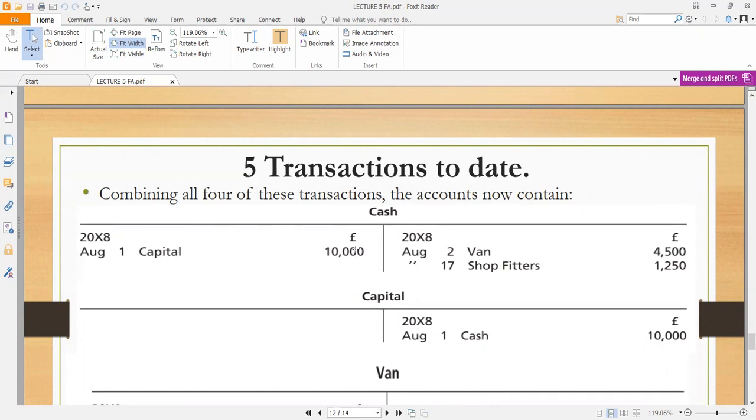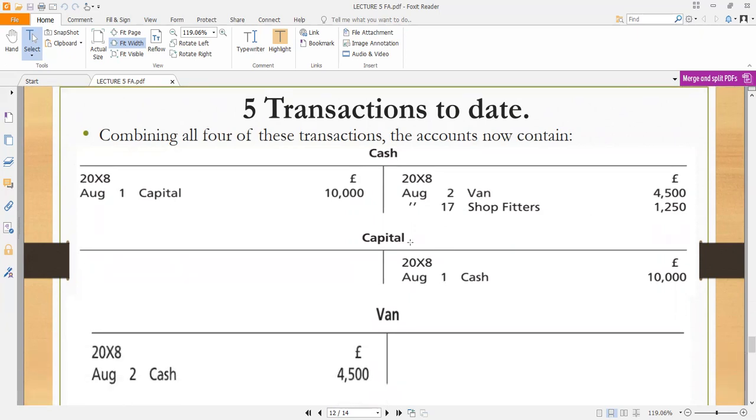Okay, now that 10,000, then we are saying that during that time we are looking at the 2nd of August. So you are seeing what the dates are, right? There is capital, which is on the 10th, or which is debited. Then we've got the van on the 2nd. Then we've got the shop fitters. Then the capital account. Now, how it is moving is that on the 1st of August we had cash of